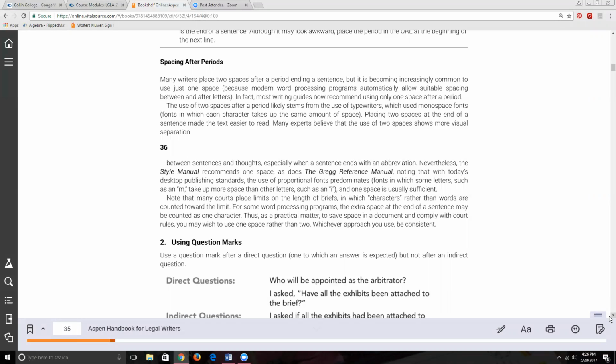So if you're typing a skinny I, the next letter is going to be only just a little bit to the right of that skinny I. If you had typed in a fat W, then the next letter is going to be significantly more to the